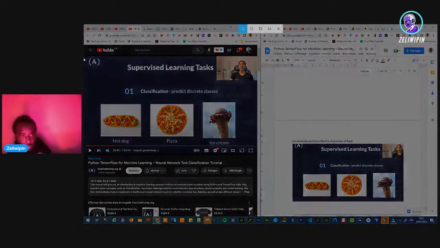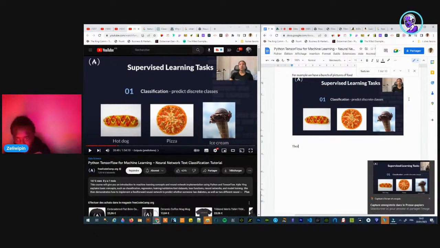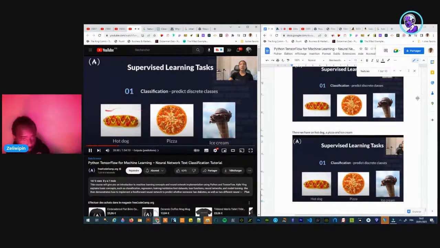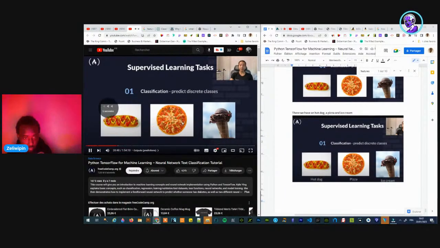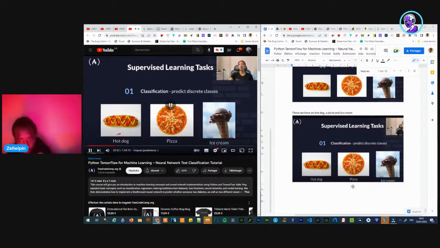We have a hot dog, a pizza, and ice cream. The hot dog gets mapped to a hot dog label.